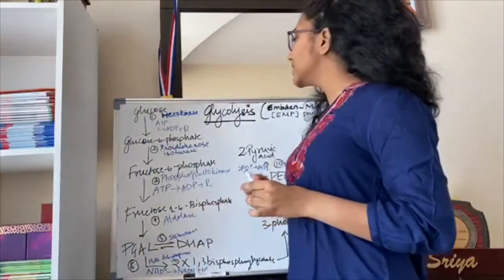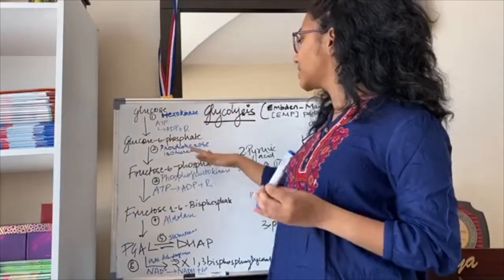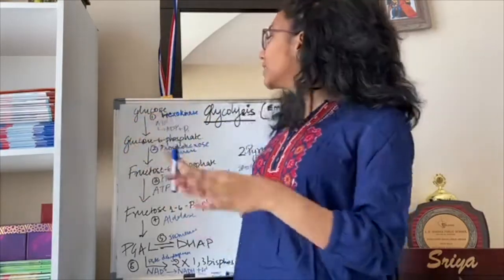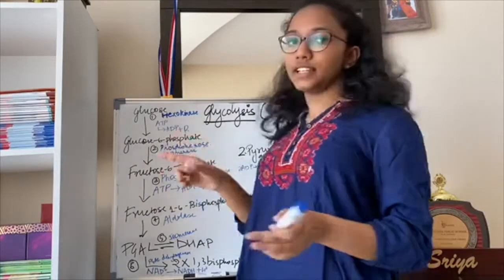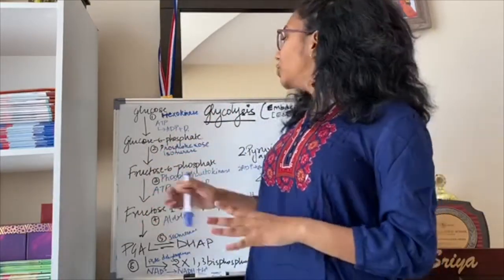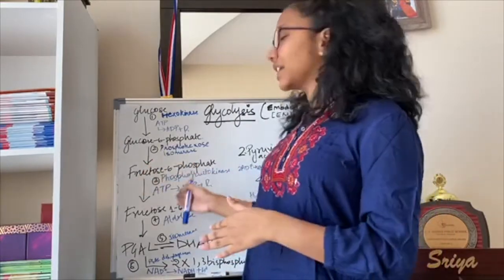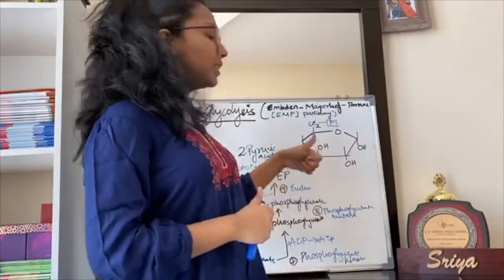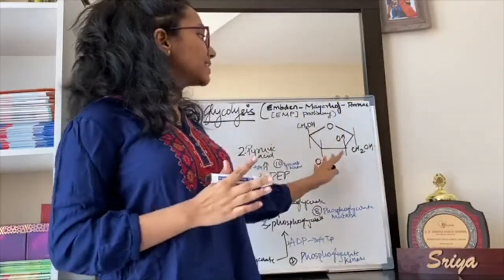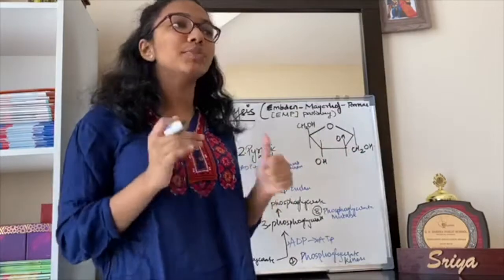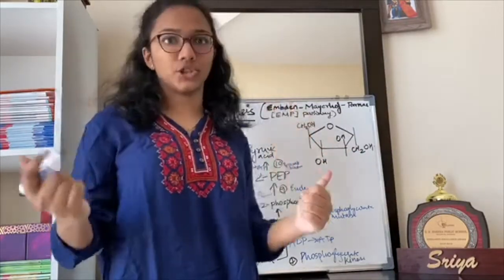Next, with the help of the enzyme phosphohexose isomerase. You know glucose and fructose are isomers, meaning their molecular formula is the same, but their structure is different. With an enzyme which has isomerase in its name, you can easily remember it that way. You get fructose 6-phosphate. So now you convert this molecule into fructose, and I'll just draw it. This is a molecule of fructose, and as you can see, it has the same number of carbons as glucose because they're structural isomers.